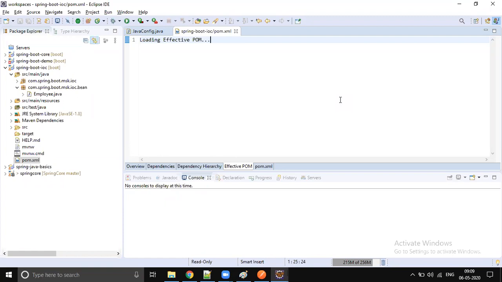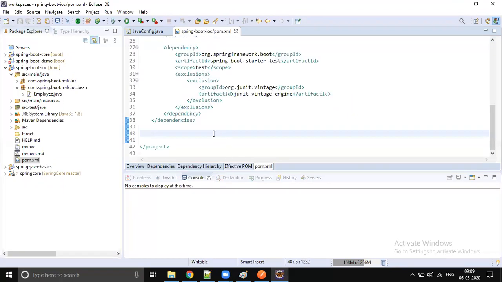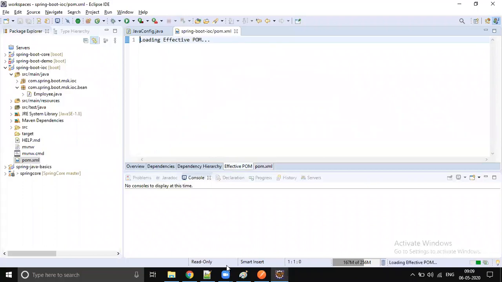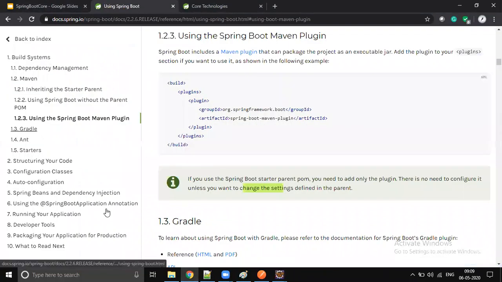Then you can ask me, when you no need to add it, then why are you highlighting it? When it is a default configuration, why are you stretching a lot and taking 2-3 minutes to teach this? You can complete it fast in 30 seconds or 20 seconds, right? Why are we saying it's not required, but it is important? No need to configure, but why is it important? I'll tell you why.